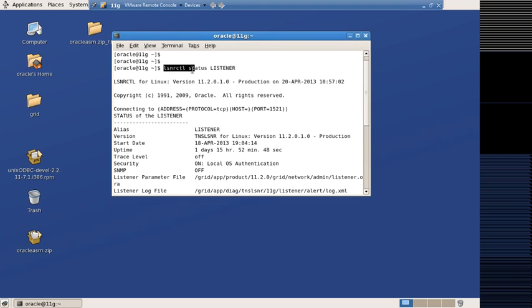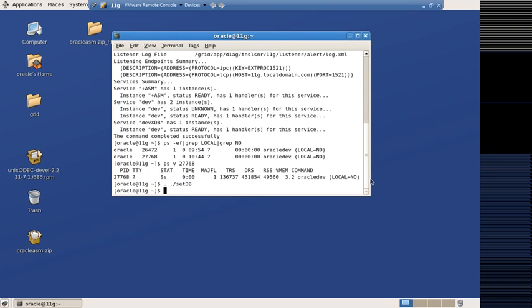And using lsnrctl we will manage the listener. We can start, stop or check the status of the listener. And the lsnrctl utility comes with the RDBMS binaries, so you need to make sure you set the database environment first before using these commands. Next we will see